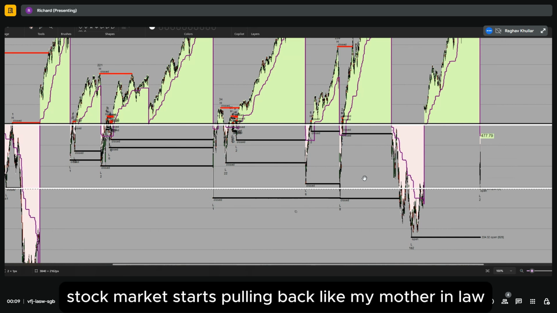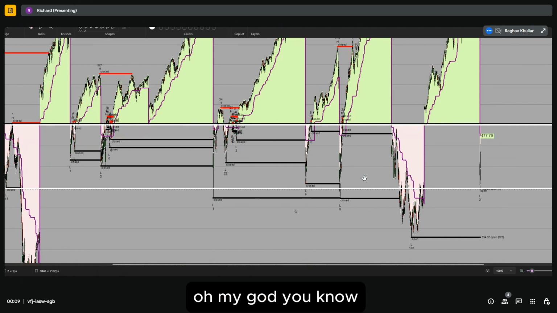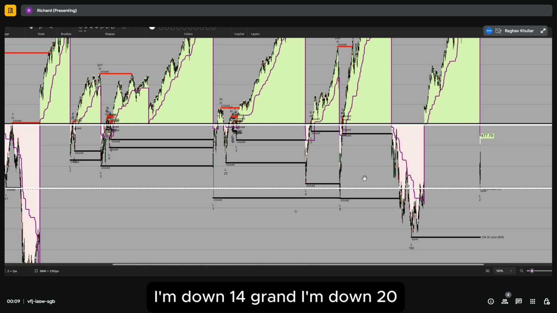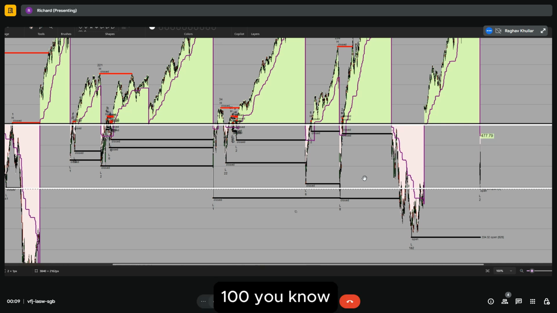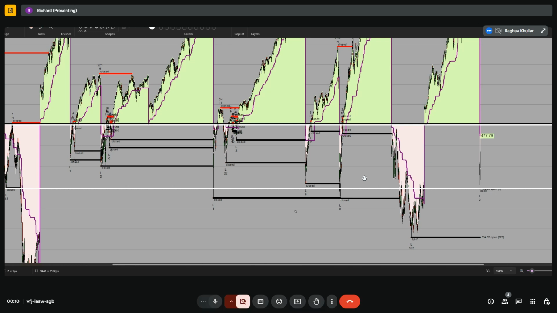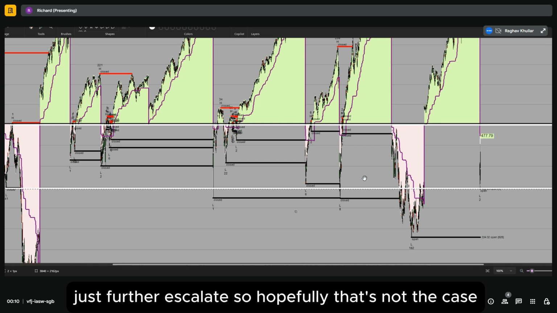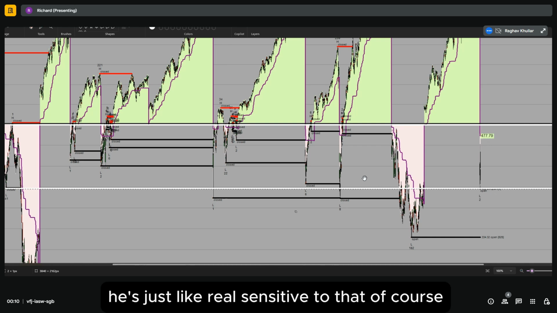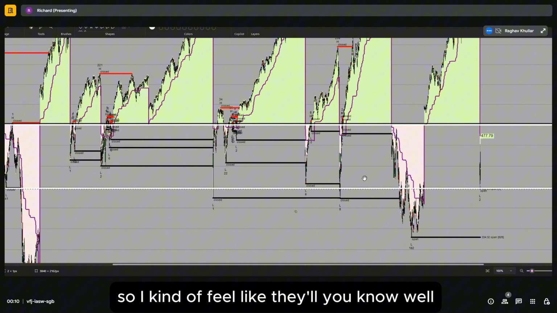The stock market starts pulling back. Like my mother-in-law: oh my God, I'm down 14 grand, I'm down 20, 100, on her 401k. And so it just causes people to dry up, and it just further escalates. So hopefully that's not the case. I know Jamie Dimon, running Chase, is really sensitive to that, of course. So I kind of feel like they'll